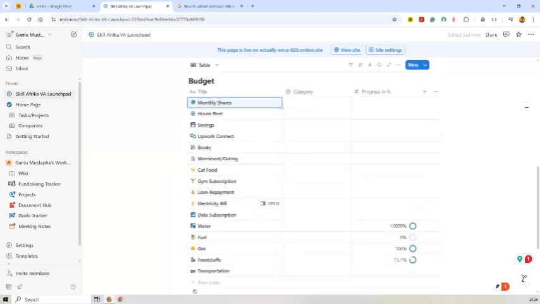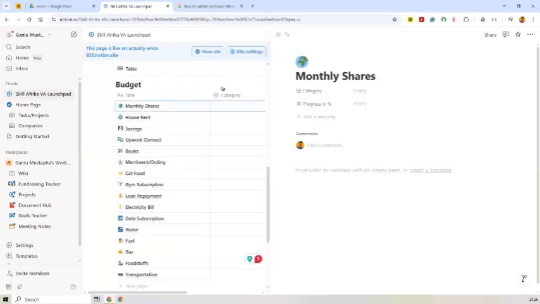Because once you scroll down, if you want to add anything, you see the new page. Once you click on new page, the page has been opened already. I just have to click on open monthly shares. Now,